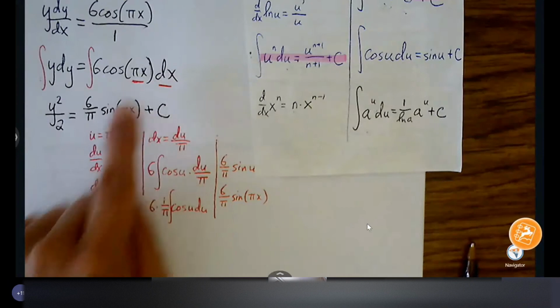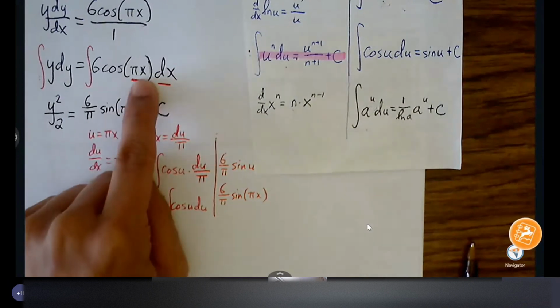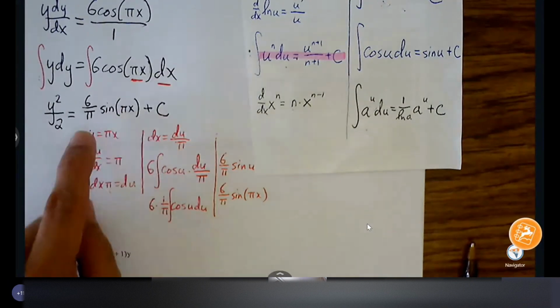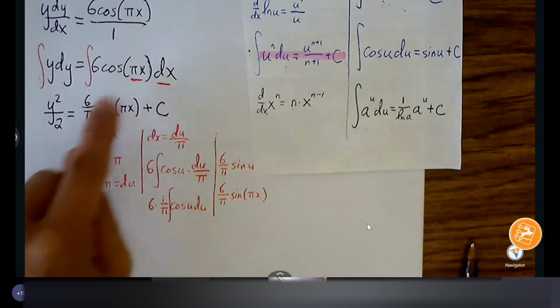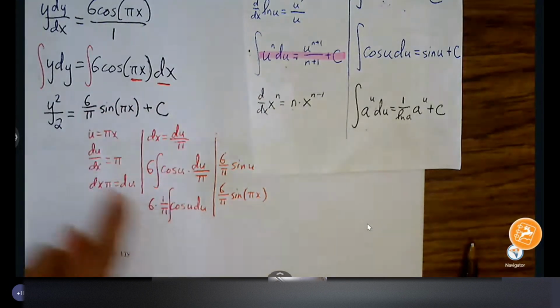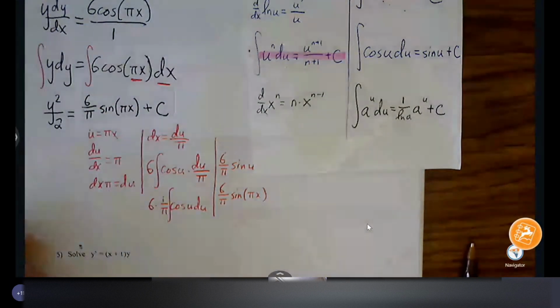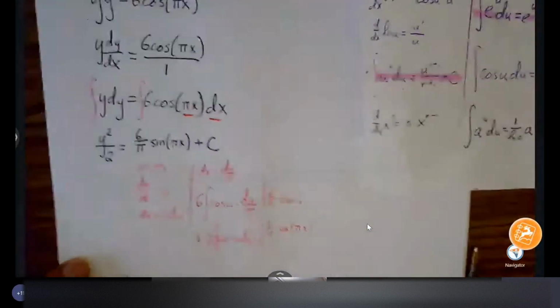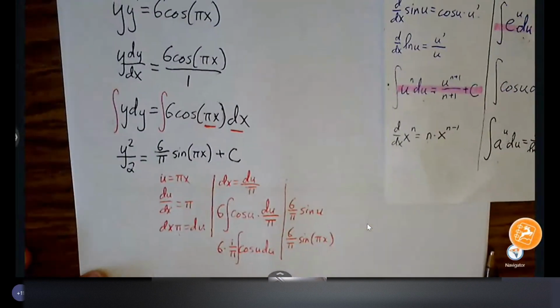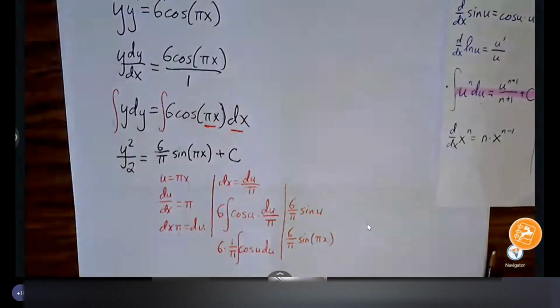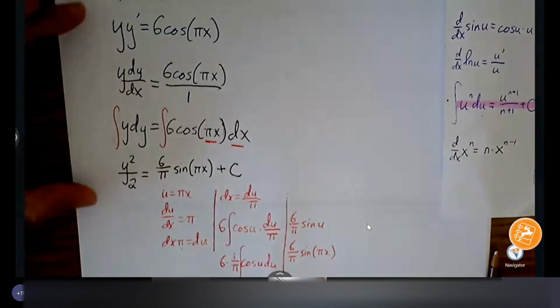If it's 1/3 x, you can push it out as 3. If it's 5x, you can push it out as 1/5. Right? So if you can make that jump, save a little bit of time that way. Okay, any questions up to this point? Okay, this problem is asking for a particular solution, but I just want to tell you that if you can